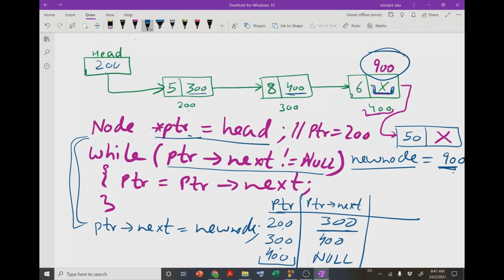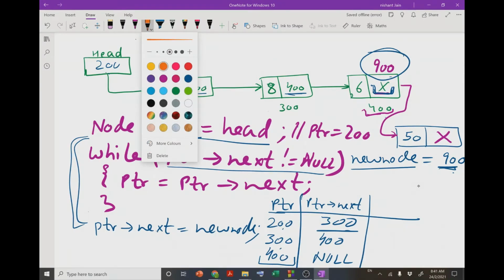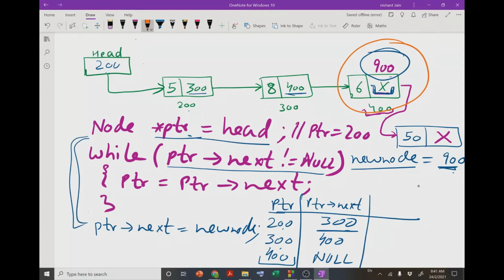As soon as we put 900 over here, this is no longer the last node, because the next pointer of this node carries the address 900. After this it will come to this new node, and since in the new node the next pointer is null, it is now going to be the last node.